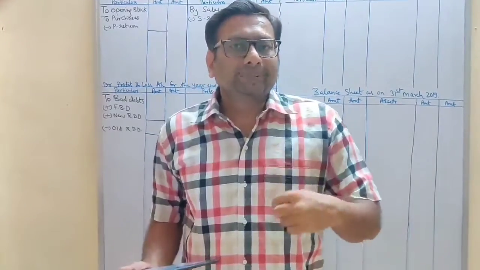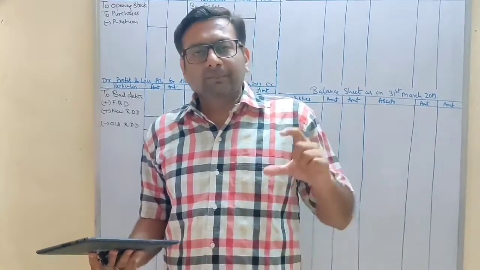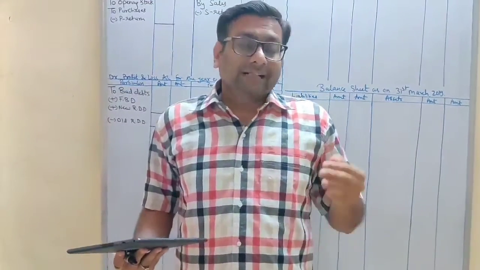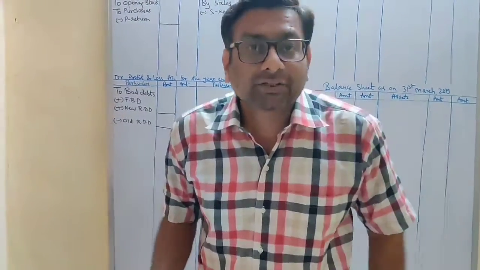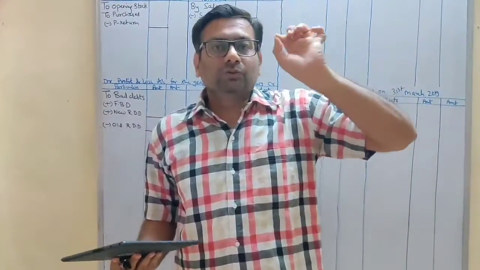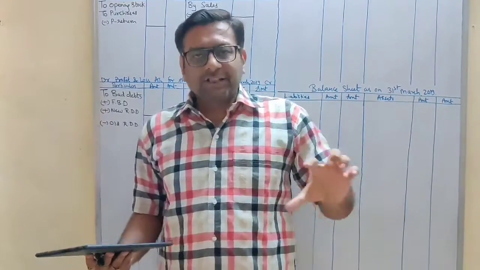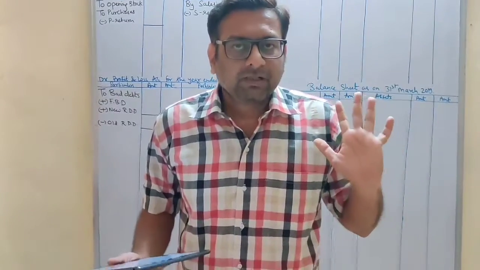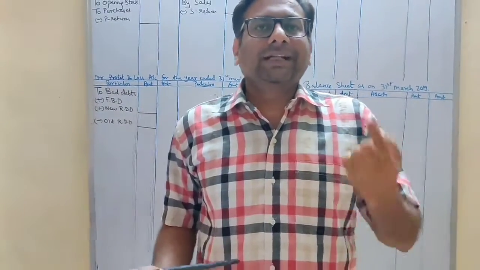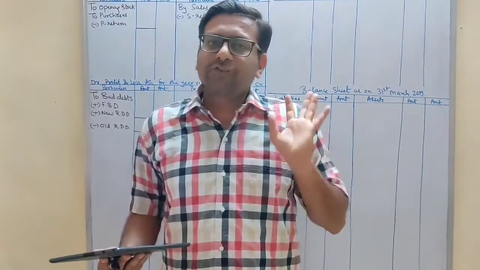So what was step 1? I am repeating, students. What is your step 1? You have to read the adjustment given below the trial balance. You have to read that adjustment and you have to see that adjustment is going to affect which item in the trial balance. So whichever item is getting affected, you have to put tick to that item inside the trial balance. Once you have gone through all the adjustments, your step 1 is done. Clear? We are going to call it as ticking. So your step 1 is ticking. You have to tick the items inside the trial balance, those items which have adjustments.